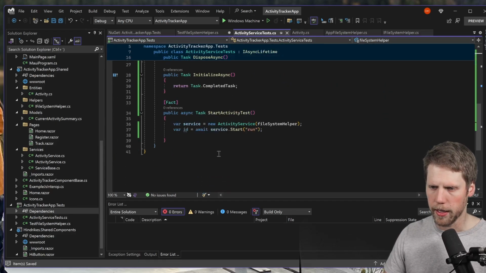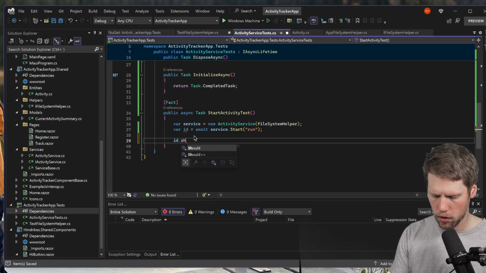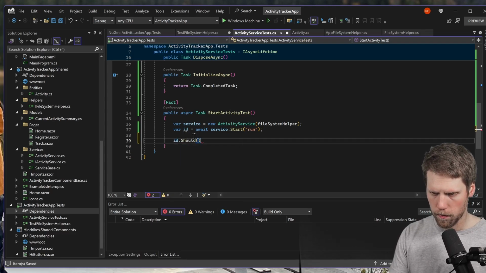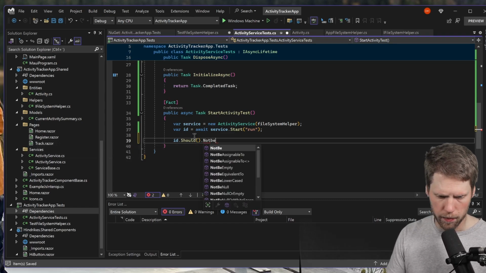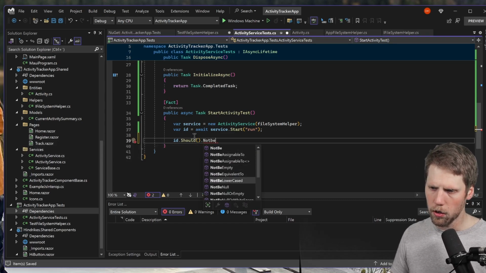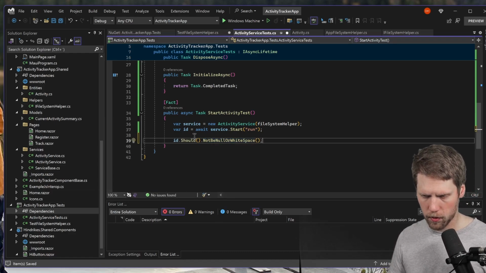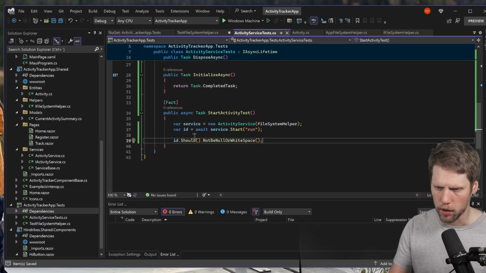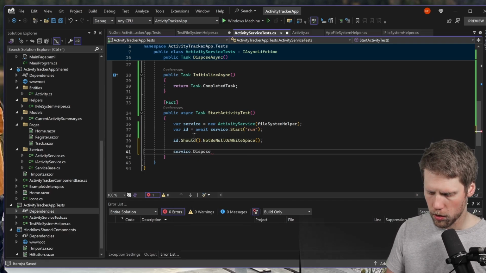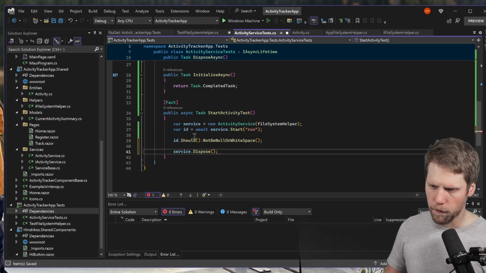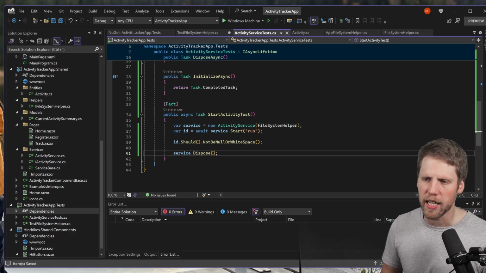And then we go back here and say id.Should().NotBeNull, not be null or empty, or null or white space. Let's go with null or white space in this case. So then we do service.Dispose to release the database file, so it can be deleted, and so that we can check if we have